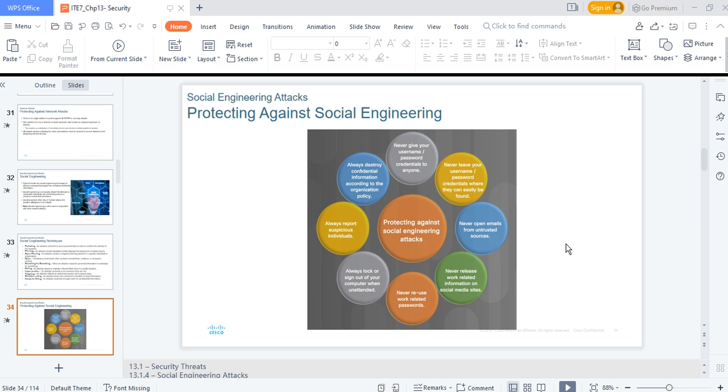So, how do you protect yourself? You always report suspicious individuals. Never reuse work-related passwords. I worked as a consultant for a company where, because they wanted to make sure that all the passwords for the operating systems across the servers were very hard to guess, they had them on a sheet of paper. So the system admin would always come and enter the password for anybody that needed to work on the system. But the question is, what happens to